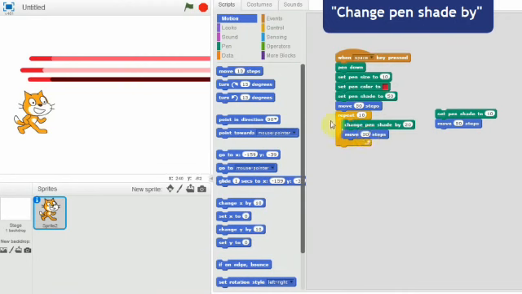Now press the space bar key, because here I had given the when space bar key pressed block. Whenever you want to run the script, press the space bar key.